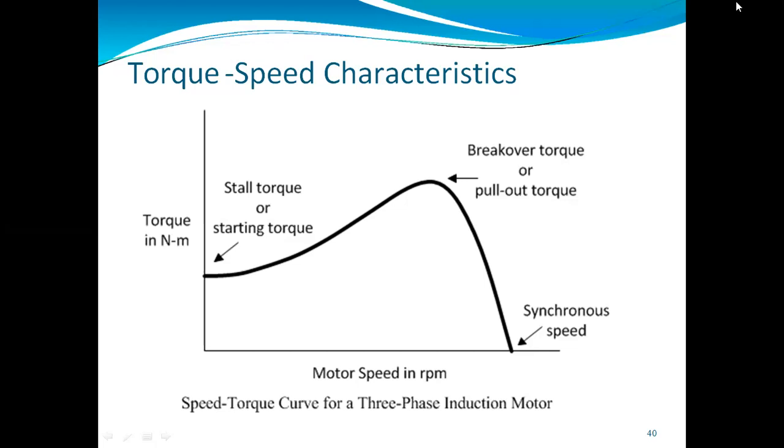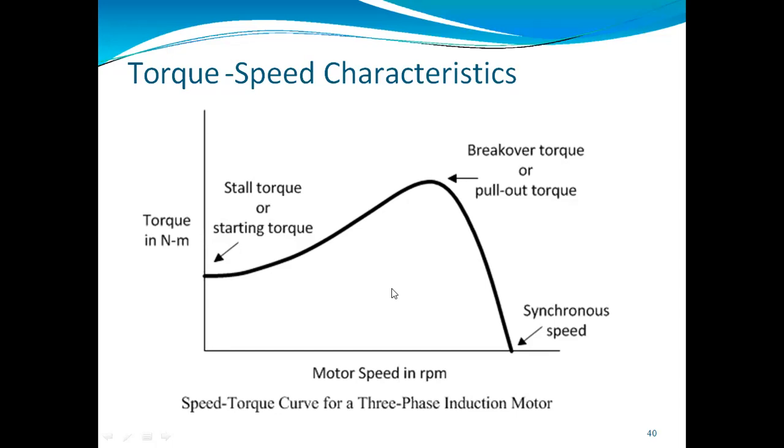So now we want to study the torque and speed relations. Torque is denoted by the letter T, and we take the unit as Newton meter, Nm. Speed we take in rotations per minute, rpm, or you can take small n in rps. So when we are talking about the speed characteristics, we have seen the equation for slip, which gives the value of speed, and we have seen the torque relation with the slip. In short, we can say the torque value will be directly proportional to the speed.